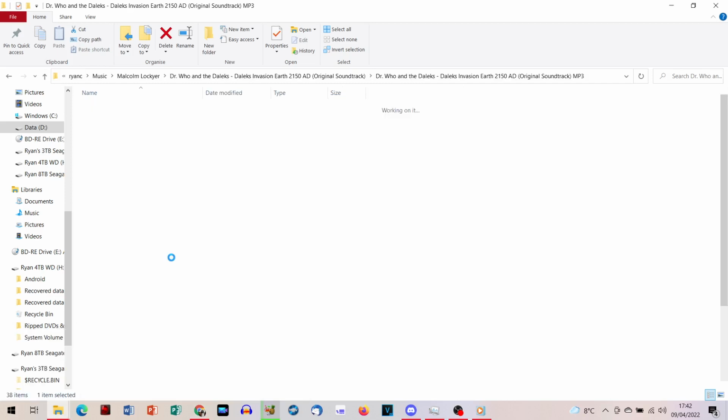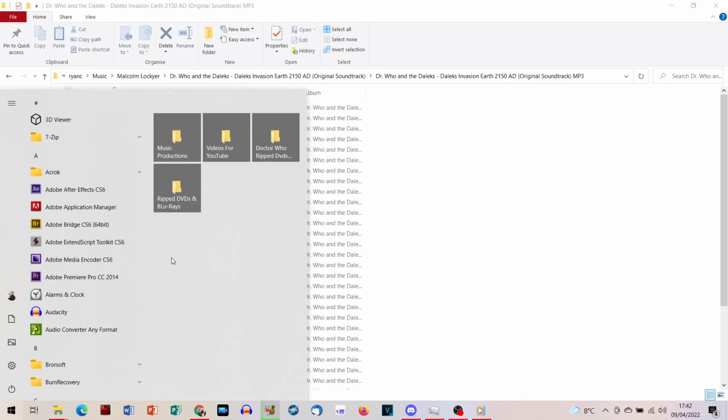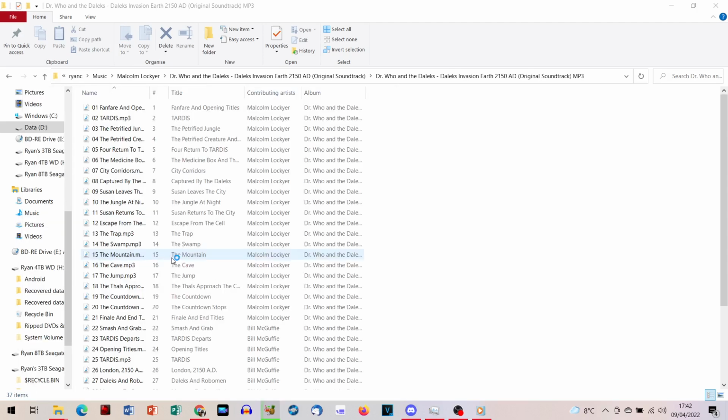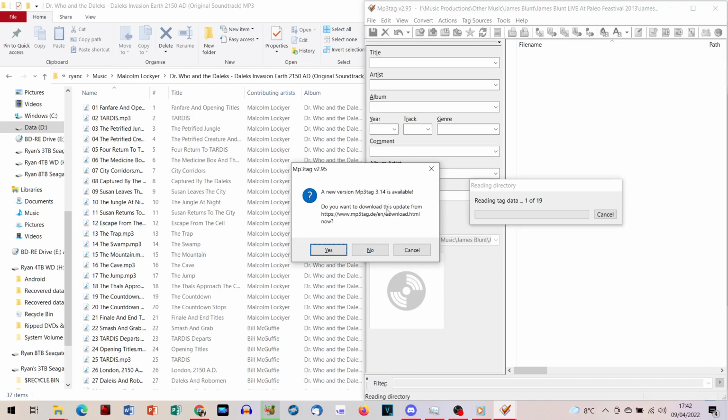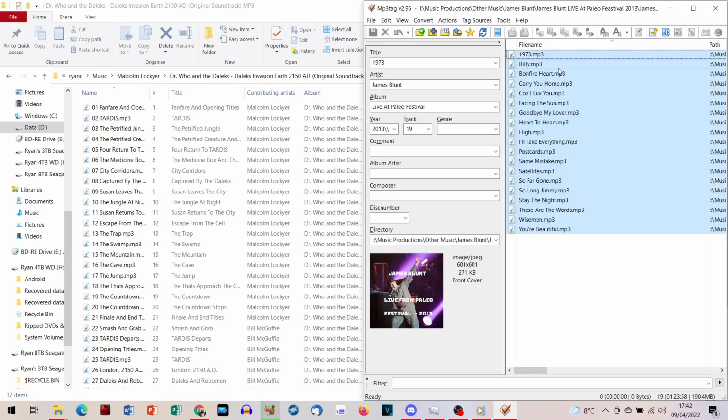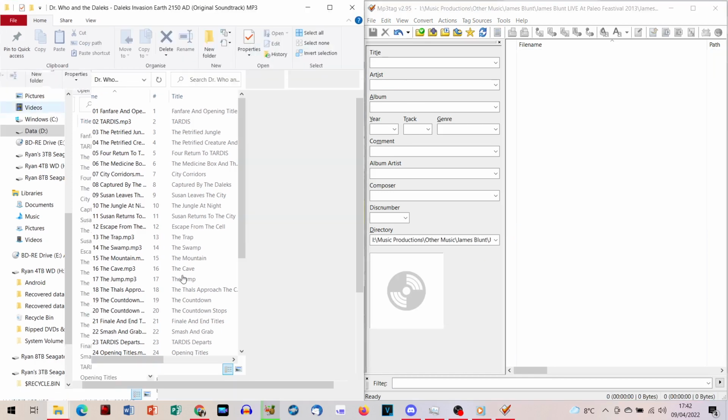Now, there's another program you'll need to get if you want to put the artwork onto the MP3s, and it is called MP3 Tag. I am running a slightly older version of the software, which I haven't bothered to update, but it'll probably be exactly the same. We can get rid of them for now. That was the last file. So what you want to do with this